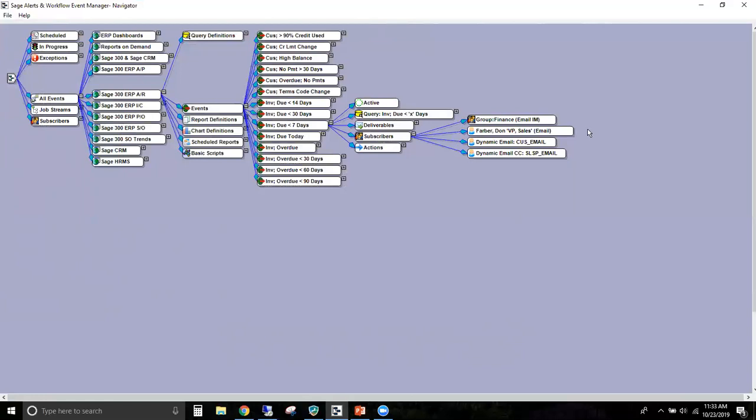But if we consider this event, sending alerts about invoices coming due, and in fact sending invoices, the 2 most important people that we really need to notify are the customer and the customer's sales rep. And so these last 2 alert recipients are referred to as dynamic recipients because, of course, they're going to change based upon which invoices are coming due. In this event, Alerts and Workflow will automatically send the corresponding